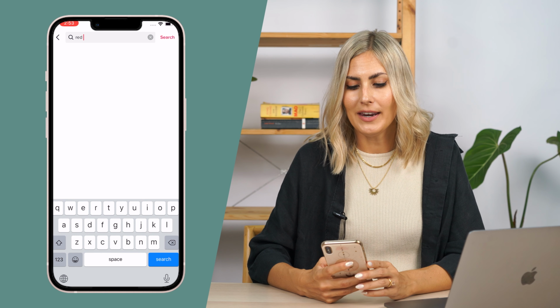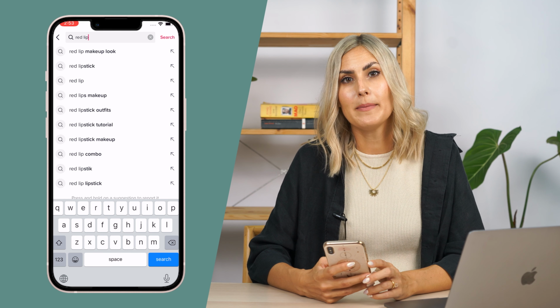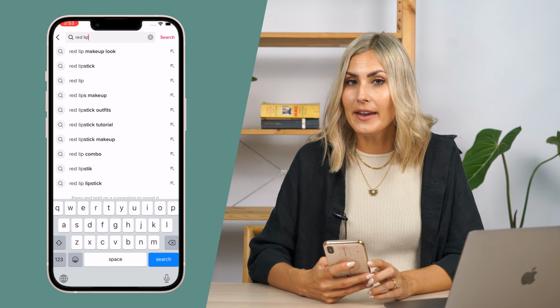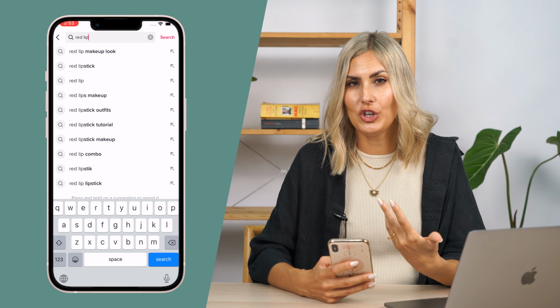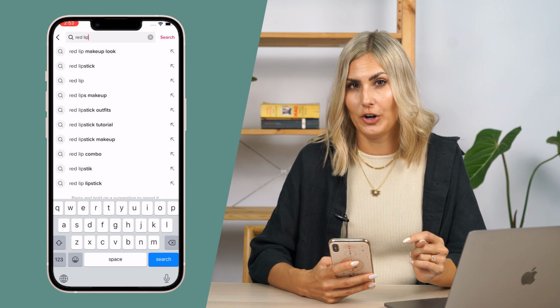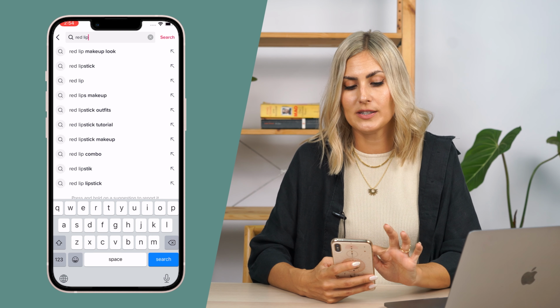And then you also want to go on TikTok, and I'm actually going to share that now with you because I feel like it's the most underrated way to come up with keywords and come up with new trending ideas. So I'm gonna go on TikTok and I'm typing in red lipstick. So now another keyword that comes up is red lip makeup look. So if you think about that, TikTok is already giving you another idea of what people are looking for. So that's another keyword you then right away want to put in your description.